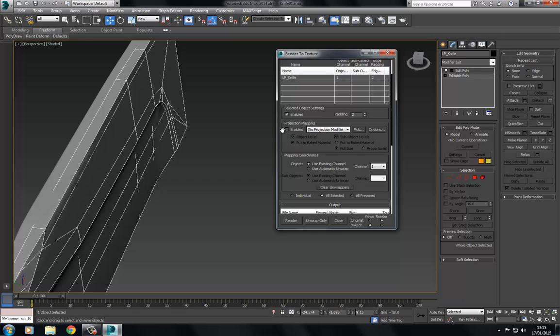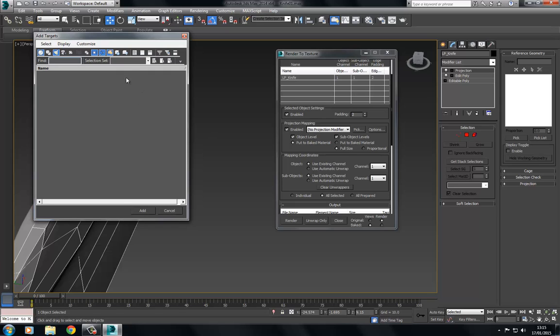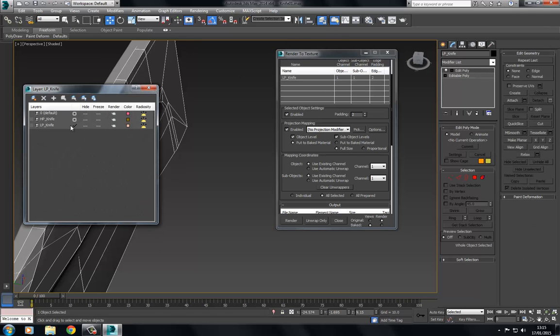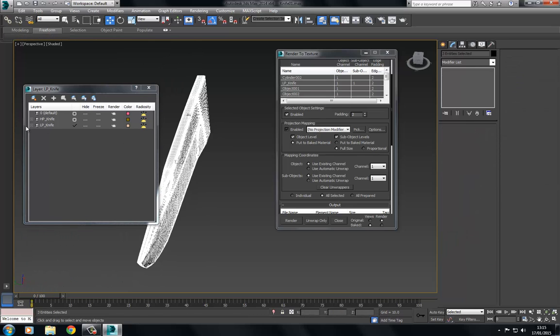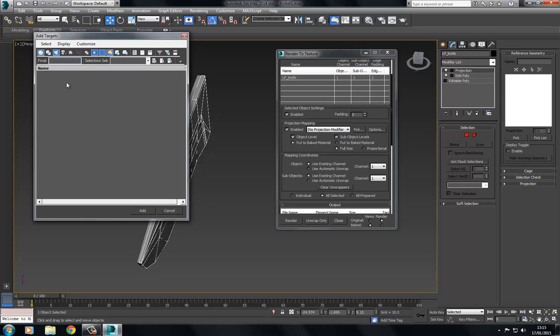let's begin. We're going to go to enable for projection, and we're going to choose pick, and you can see that there's nothing there, and this is because of the layers. So let's actually select everything just for now and apply them all to that same low poly layer. So now when we go to pick, let's see,